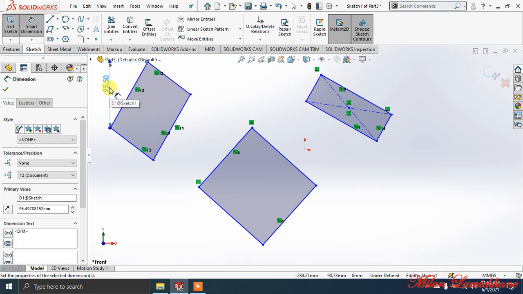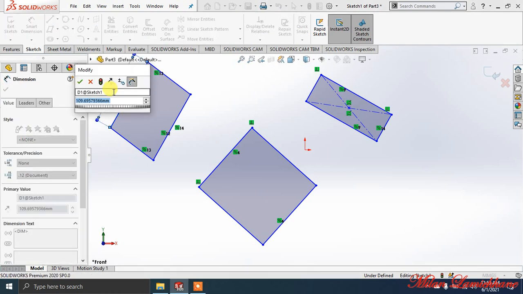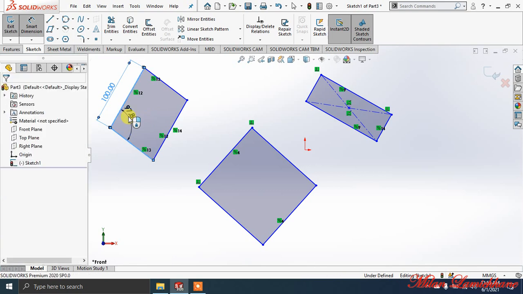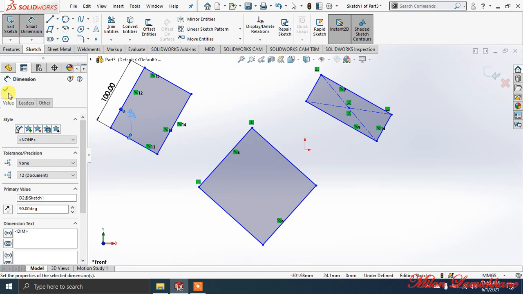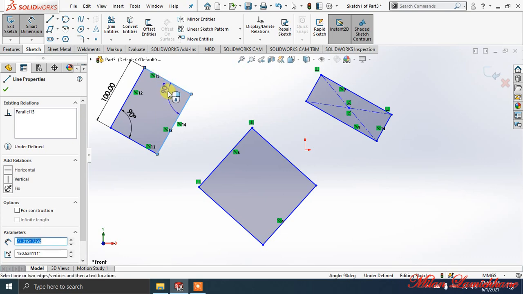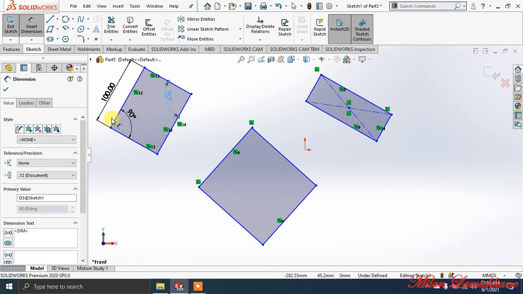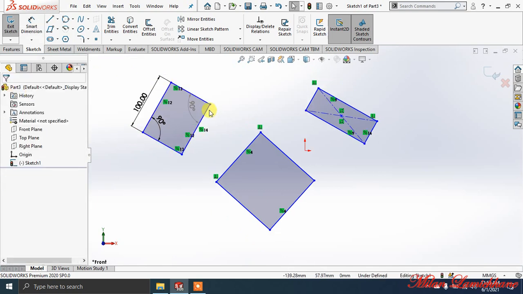This is a vertical line, but we can't put a constant dimension here, so you need to select the inclined line only. This is inclined. I'll make it 100, and this angle should be 90 degrees. For giving the angle value, select the first line and then select the second line. It will directly give you the angle, because I have already given the same angle here, and the corresponding angle of the parallelogram will be equal, so it is showing me this blue line and some error. Now I hope you understood how to draw the rectangle also.